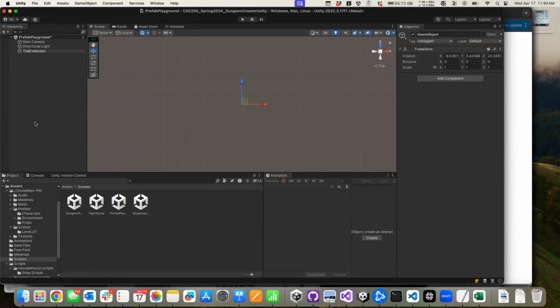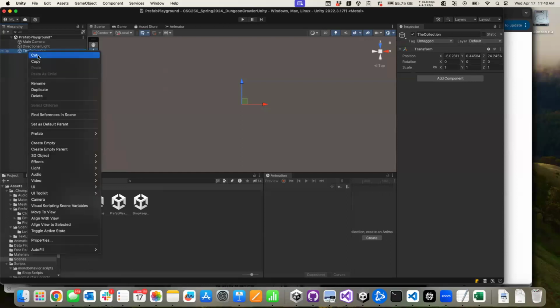All right, and then inside the collection, we want to create, we can decide, are these 4 more empty game objects that we're then going to bring images into? Is it going to be a set game object? Maybe it's an image with a text mesh pro below it that gives the title, something like that. We can decide what makes the most sense. Let's see what our options are here. So if we want to add something to this,